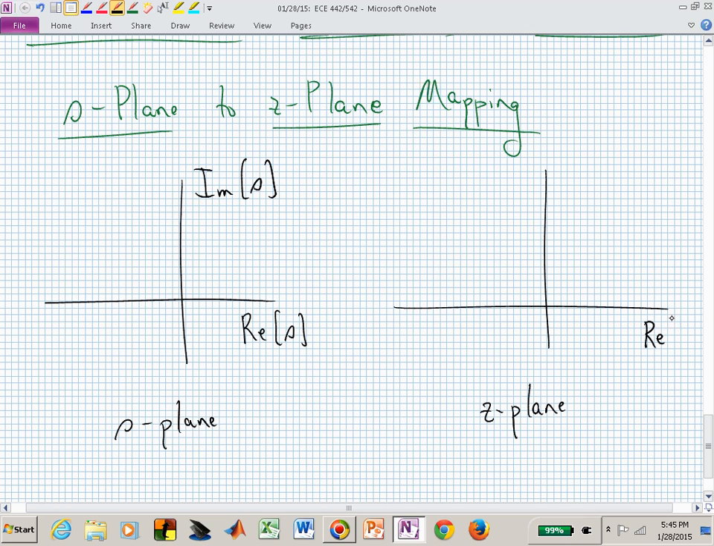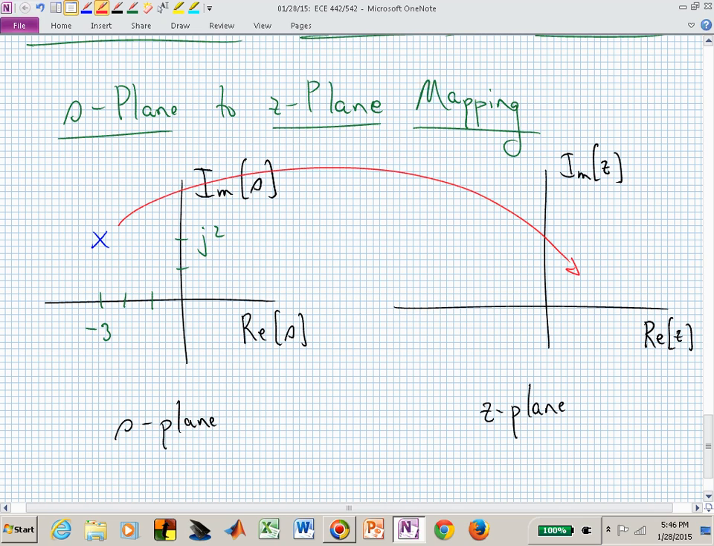This will be the real part of z. This will be the imaginary part of z. What we may learn is we might actually want to be more in polar coordinates in the z-plane versus rectangular coordinates in the s-plane. But we'll work through that in a little bit. What we are interested in is if we now had a point, let's say at -3 plus j2, how does that now map